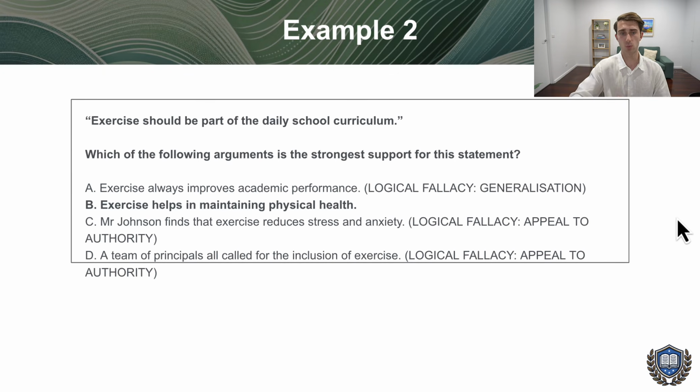And so what you can see is once you understand the different traps that you can fall into, maybe I'm making a generalization. Maybe I'm assuming. Maybe I'm just getting convinced by authority. Maybe I'm getting convinced by someone's opinion. Maybe this is just a random statement that's not actually linked to the question. Once you can see all these different traps, it's very easy to narrow it down to the correct answer. And so I would spend a bit of time thinking about what the different traps are that can come up.